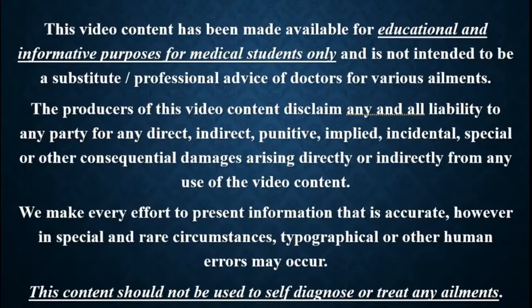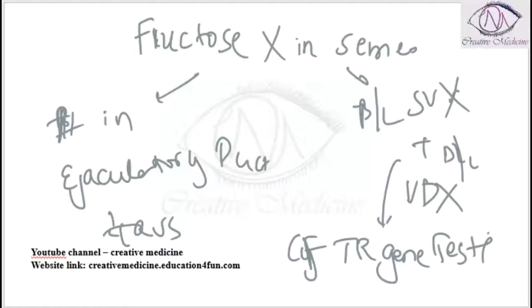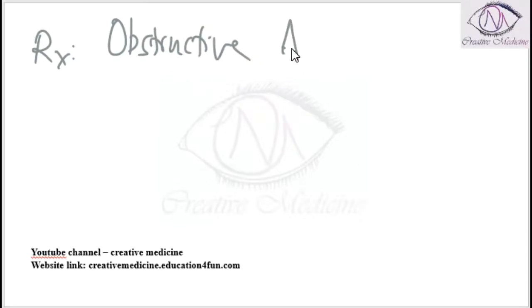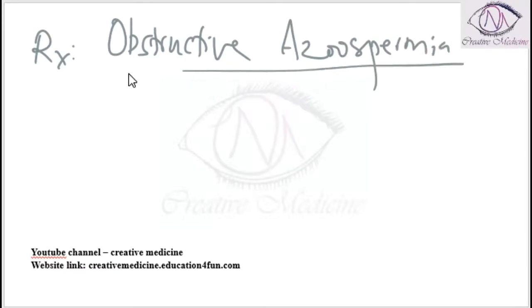In this lecture, we will learn about management of obstructive azoospermia. If there is obstructive azoospermia, that means sperms are present in the testis and the epididymis. So, if the sperm is present in the testis,